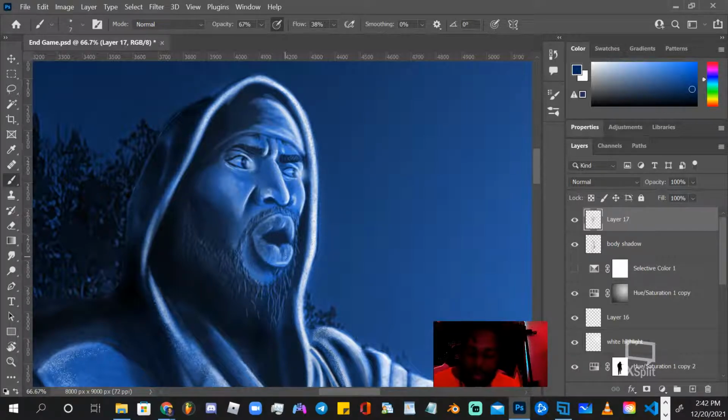I feel like that's good enough. It's going to get a little more darkness inside of the mouth area.